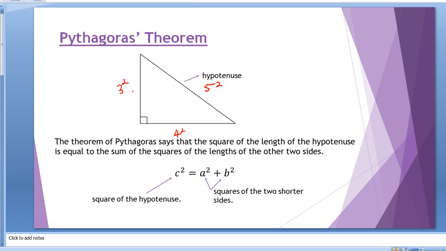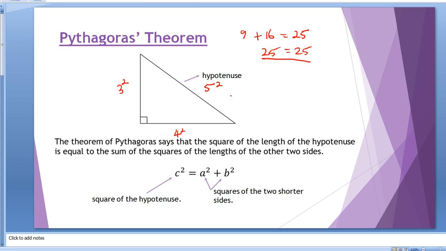Now remember, if we square this number here and this number here, and add them, it should be equal to that. Let's just check it out. So 3 squared is 9, plus 4 squared is 16, equals 5 squared, which is 25. And when I add 9 and 16, I get 25. 25 equals 25. So that's showing you how Pythagoras works, remembering that it only